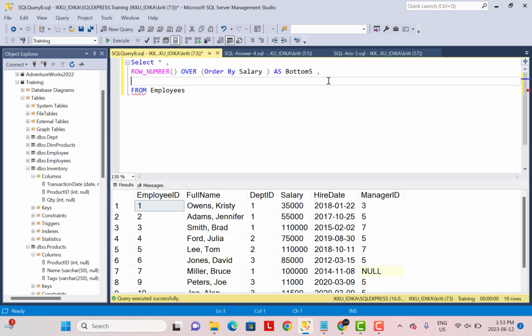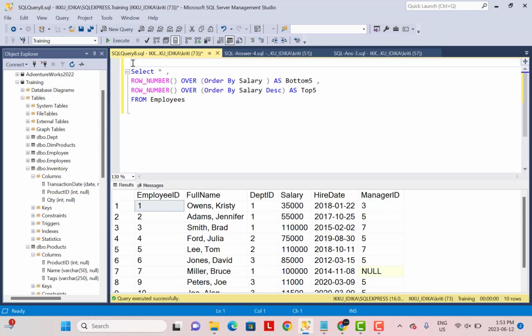And then we are going to order in a descending manner. So just copy this over here and descending as top 5 from employees. Now you can either make this as a CTE or a subquery. So let's just make it as a CTE with employee salary as and say select star from